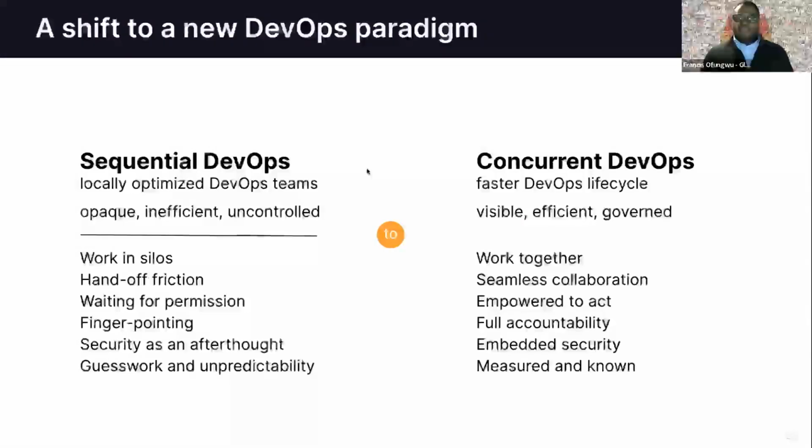Now, you're going to have instances where you need to approve some vulnerabilities because of compensating controls, or the cost to remediate that vulnerability is way higher than it needs to be because of other compensating controls like WAFs or security checks you've done from a code review standpoint. You want to document those events concurrently as well. You want someone within your development lifecycle to approve that you're accepting those vulnerabilities. So exception management becomes an important part of that concurrent DevOps approach, which means you need to have people that are there to review those exceptions in real time, so you're not delaying the velocity or reducing the velocity of